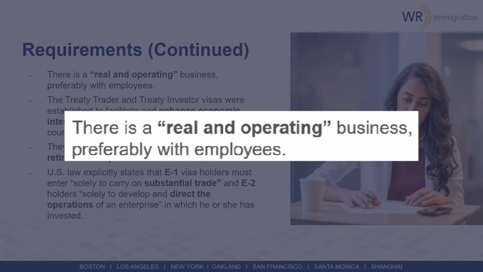Real and operating. What is an E2? Now, one of the things I don't like about E2s is every consul's different. Every post is different. The consuls in Japan, for example, are really good on E's. The consuls in some other places are not as good. All right. So you go in, you apply for the E2. I had this once in a European post. They had invested, quite frankly, about $2 million in a restaurant, hired all the staff, went in for the E,